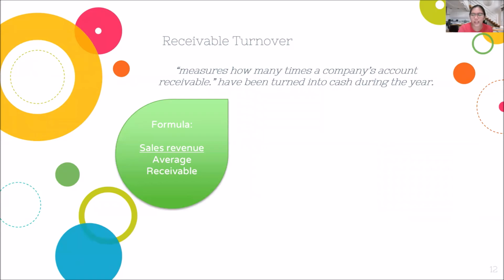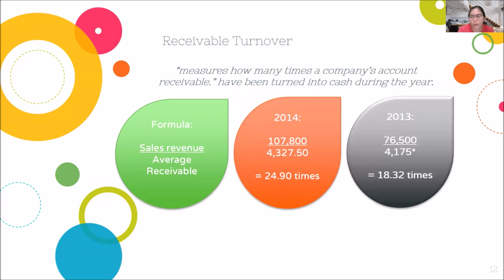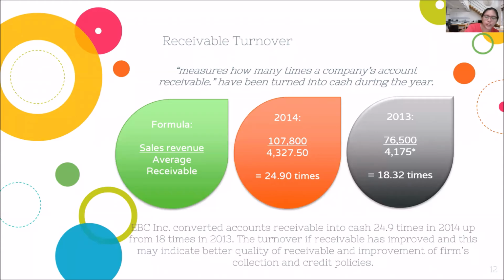The formula for the turnover is sales revenue over the average receivable. In 2014, it's 24.9 times, and in 2013, it's 18.32 times. Meaning that the company converted receivables into cash 24.9 times in 2014. So their collectors are doing better this time, no? Okay, so the receivable turnover has improved, and this may indicate better quality of receivables and improvement of the firm's collection